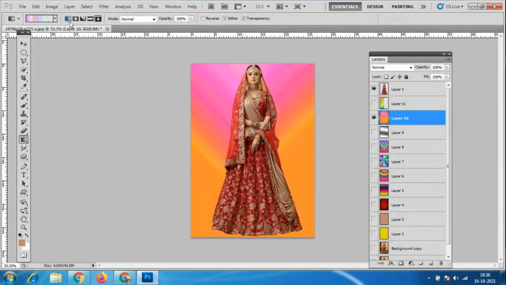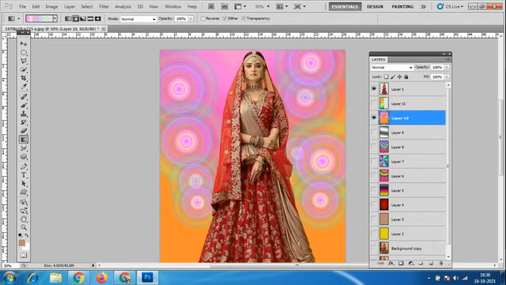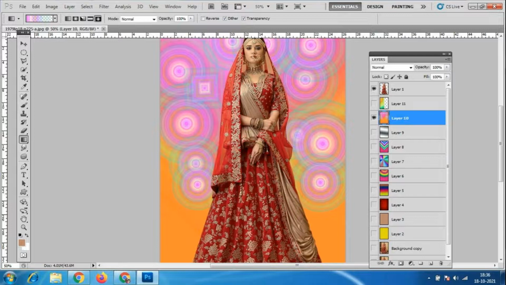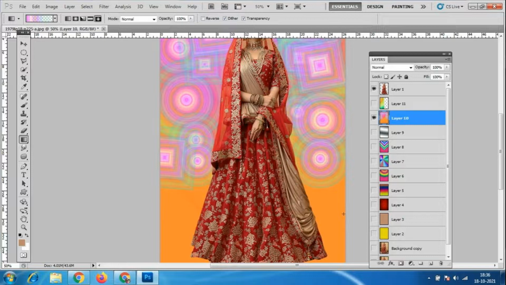Whatever gradients we have will apply on a single layer. No need to create a different layer. You will have options like this, and however many designs we want, we can add them.